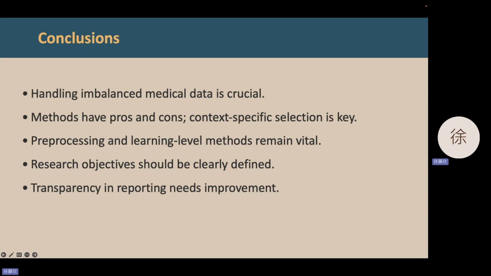At the same time, pre-processing and learning level methods continue to play a central and vital role. Future research needs to define its objectives more clearly to ensure that method selection and evaluation are more targeted. Furthermore, we must emphasize that transparency in research reporting needs significant improvement to facilitate more in-depth analysis and